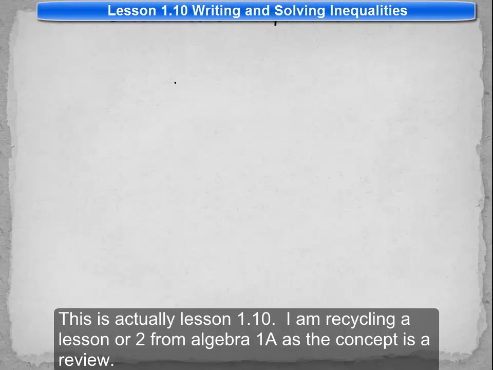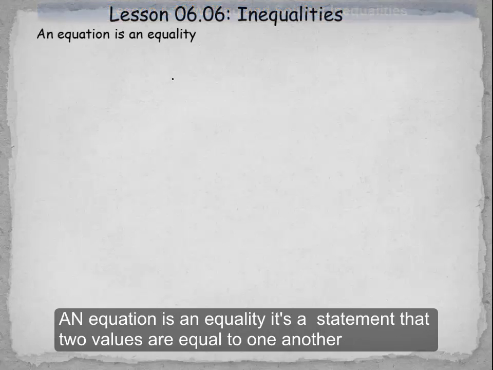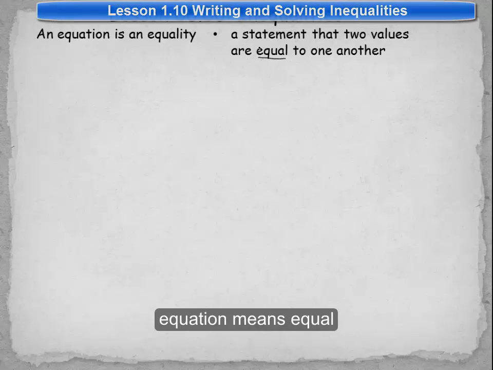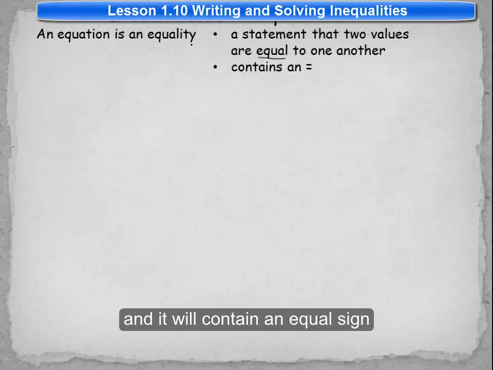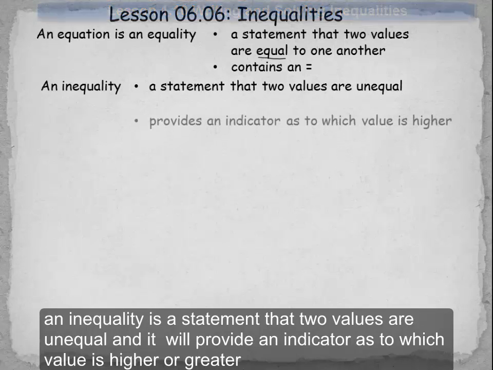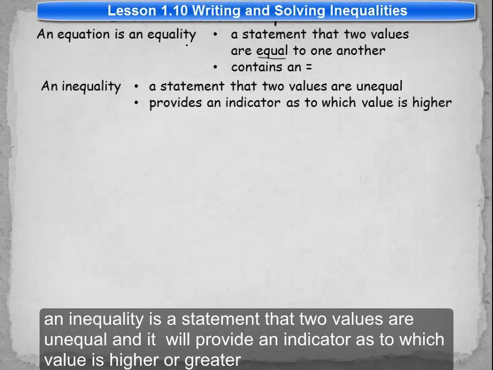Lesson 6.6, Inequalities. An equation is an equality. It's a statement that two values are equal to one another. Equation means equal, and it will contain an equal sign. An inequality is a statement that two values are unequal, and it will provide an indicator as to which value